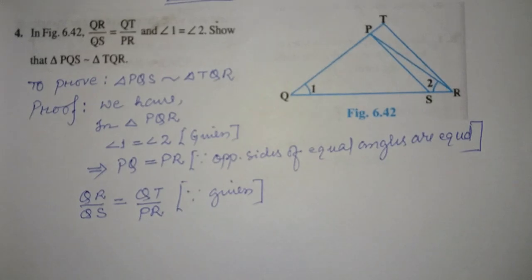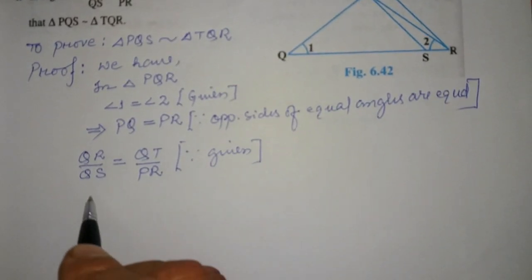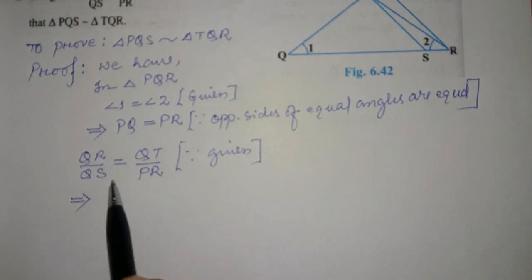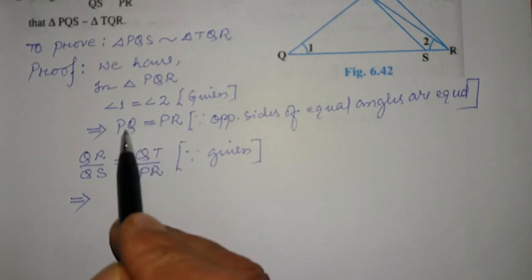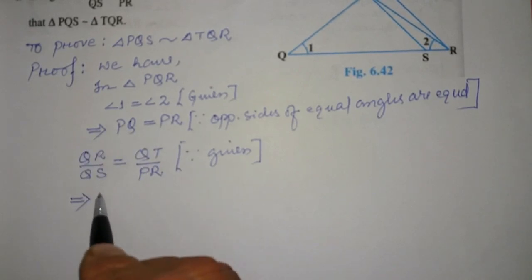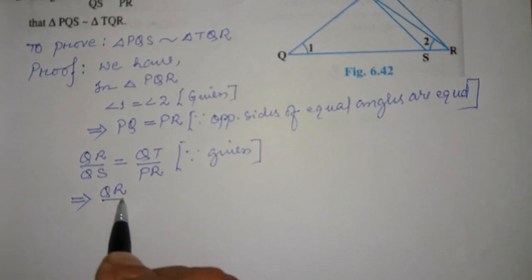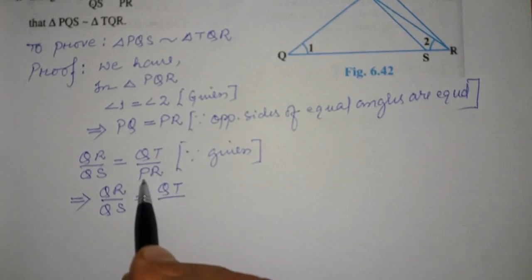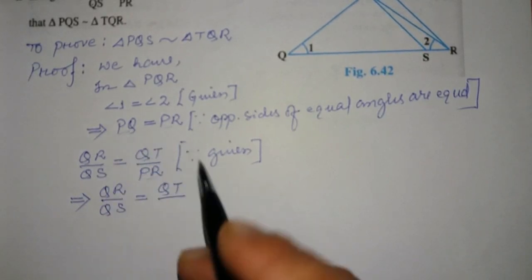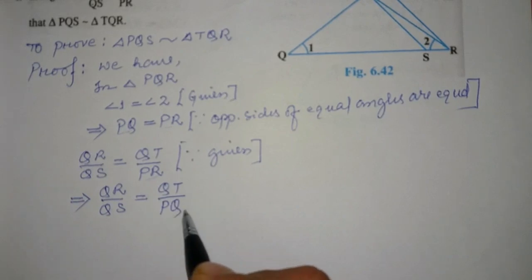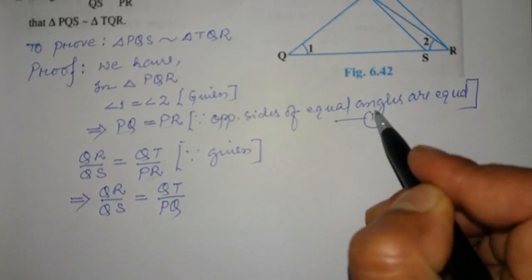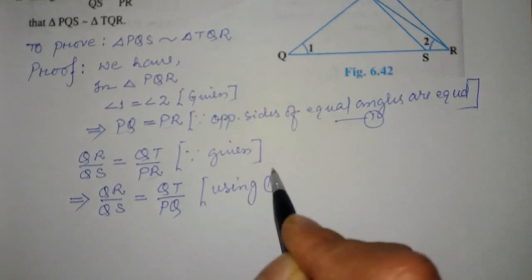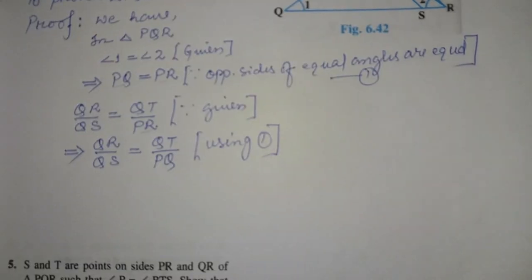Now PQ is equal to PR, so we can replace PR by PQ. So we're going to write QR by QS is equal to QT by, in place of PR, PQ. Here you can give 1, and then say using 1. What we got now is